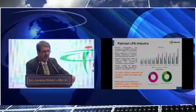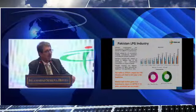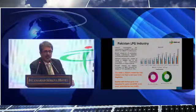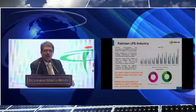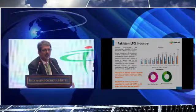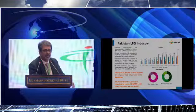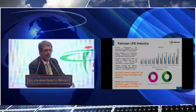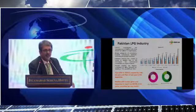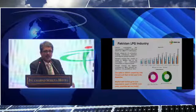If you see this graph, this is showing how LPG growth in this country has been. In year 2016, and most of the earlier time, it was stagnant. This is the time when we stopped giving gas to the CNG sector, and most of the auto vehicles were converted to LPG in 2016. Again, the graph remained a bit static, and then there is a big blip last year, and we increased our market size from 1.2 BCF